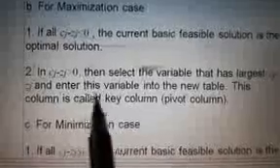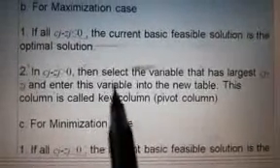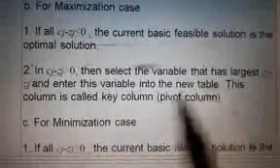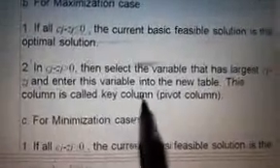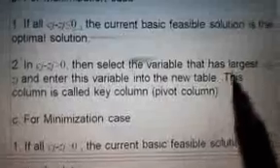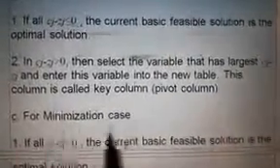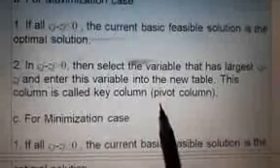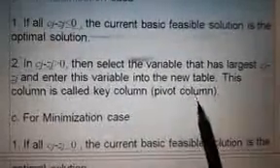If Cj minus Zj is greater than 0, then select the variable that has the largest Cj minus Zj and enter this variable into the new table. This column is called the key column or pivot column.